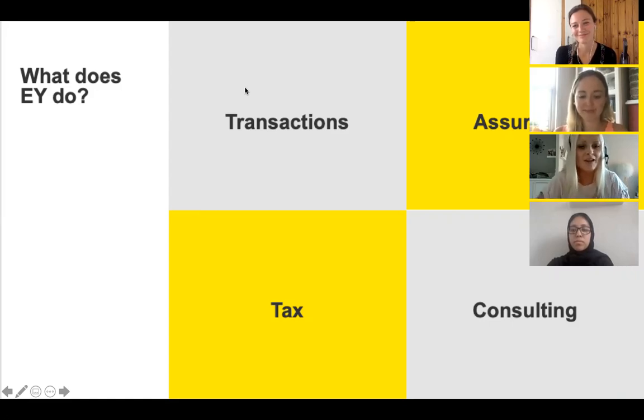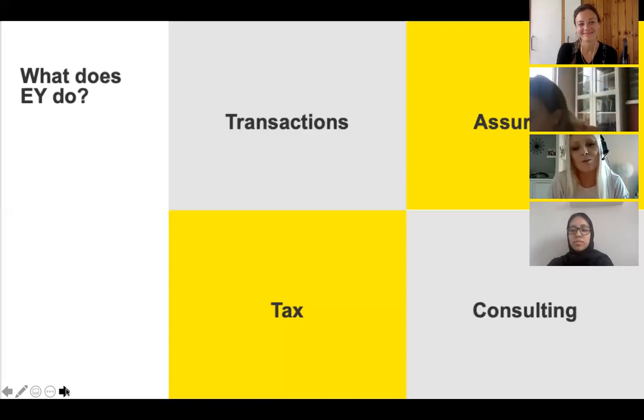And then finally we have tax. Sounds quite boring on the outskirts, but I promise you it's not. It's very legal based. So if you're interested in law, that's one that could be really interesting for you. Essentially, we advise companies on how much tax they have to pay. So lots of tax laws, but also we work with really high net worth individuals, so celebrities and people with lots of money. I don't want to spend too much time talking about what we do, but that's just an idea of what EY does as a whole.